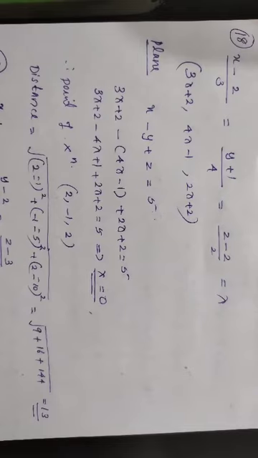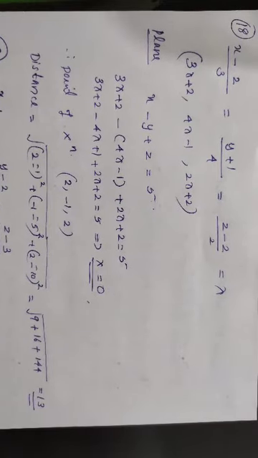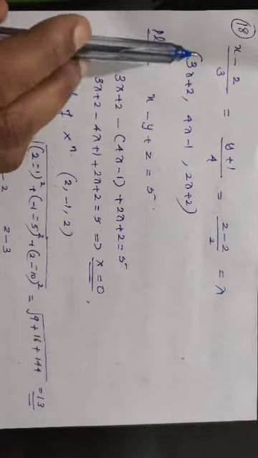See the next one, question number 18. Find the distance of the point negative 1, negative 5, negative 10 from the point of intersection of a line and a plane. In the question, the equation of the line and the plane are given in vector form. But for easy calculation, it is better to convert to Cartesian form. First we write the equation of the line in Cartesian form. You know how to write the Cartesian form.